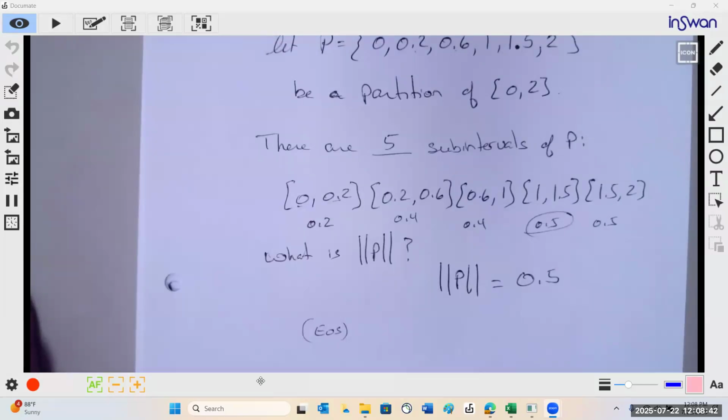That's the end of section 1. That's introducing us into the concept of